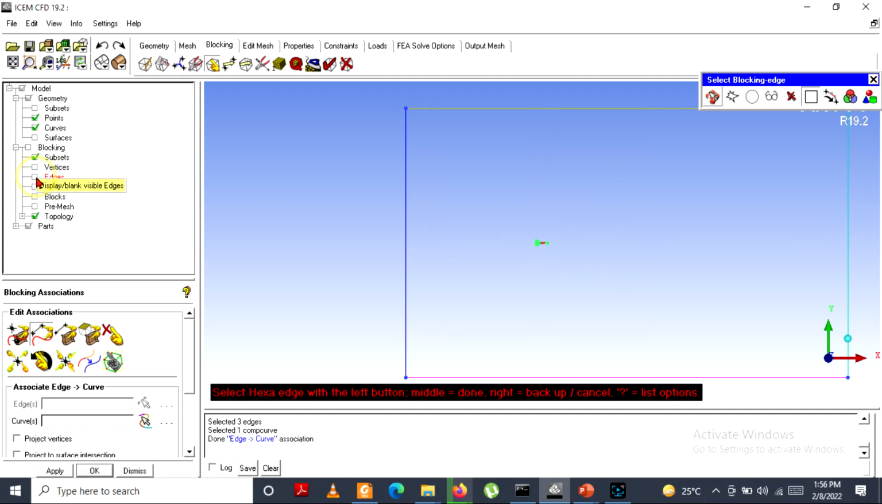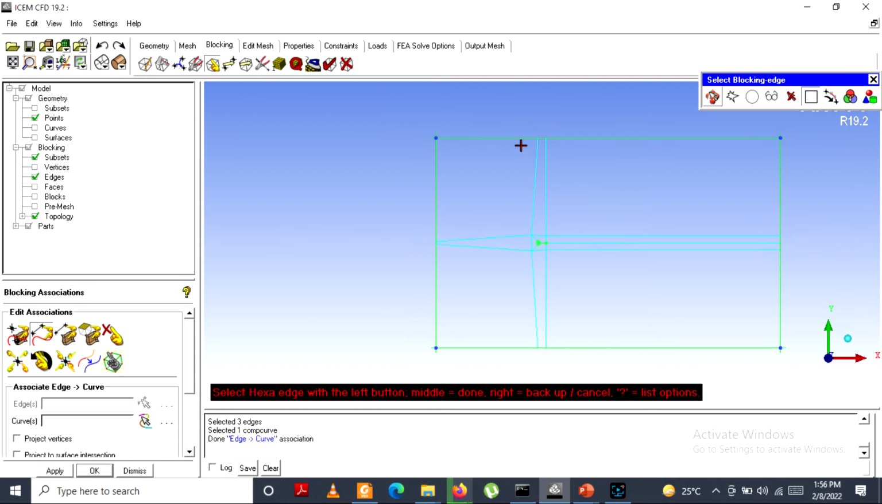So you can check this by turning the curve on and see whether all the outer edges are green or not. So the edges which are associated will be green, like the edges of this internal block. Now we will do some editing on this